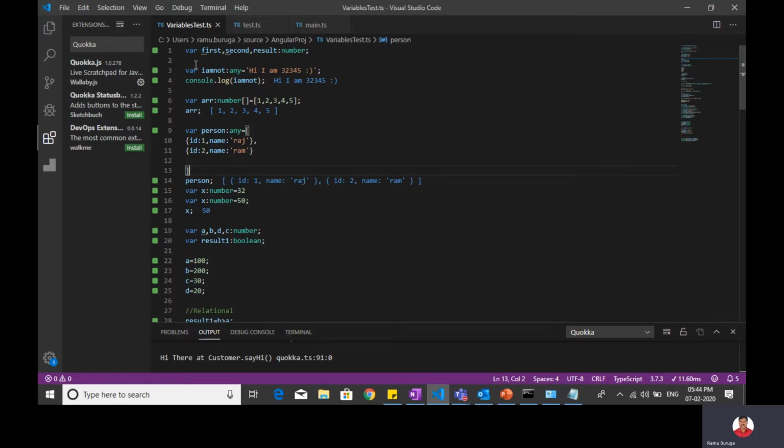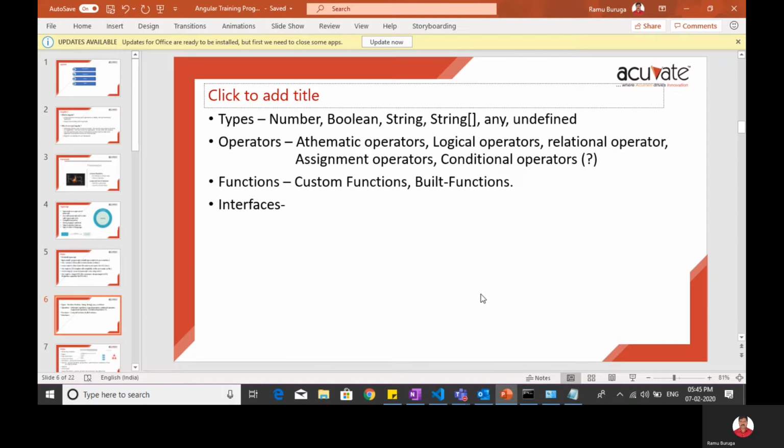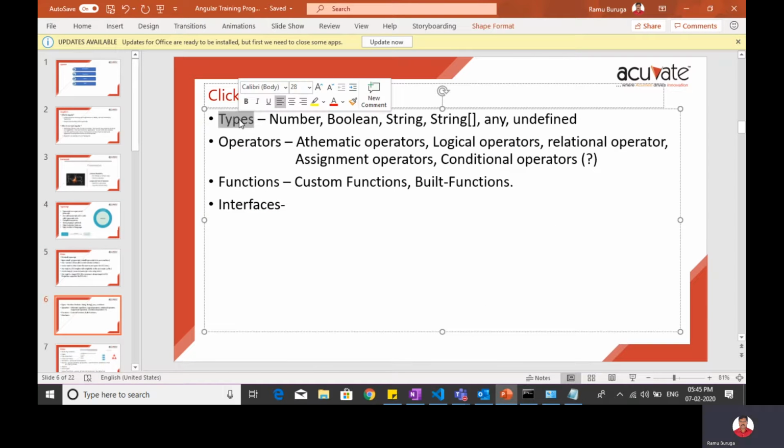You see, first, how to declare the variables. I have declared variables called first, second, result as a number. There are different types.